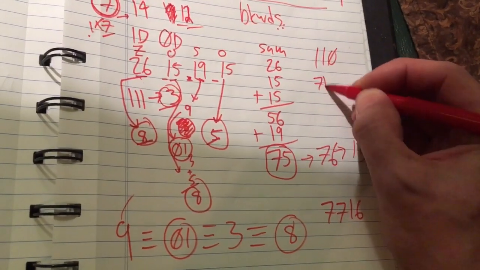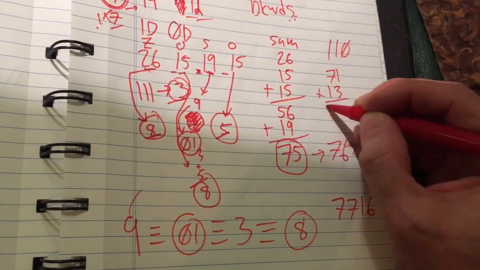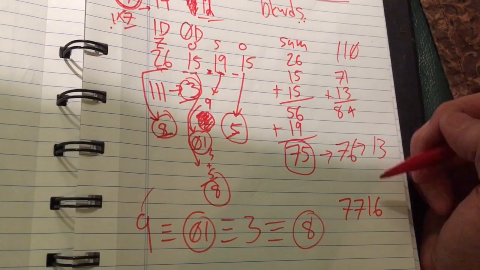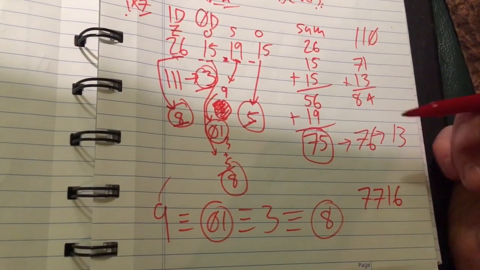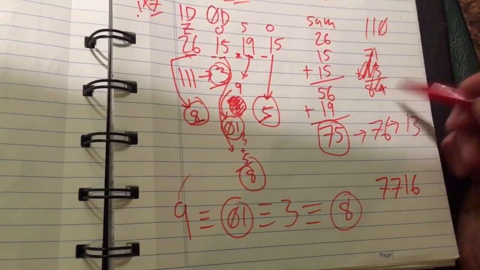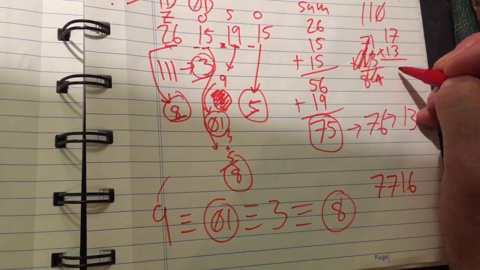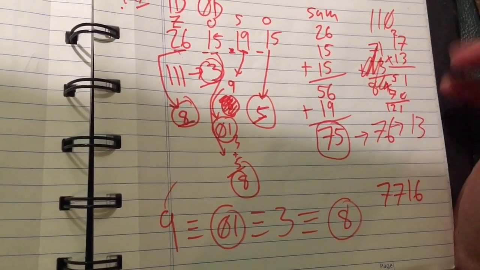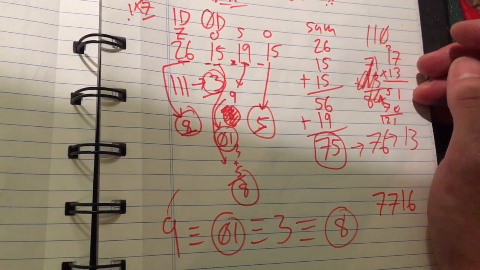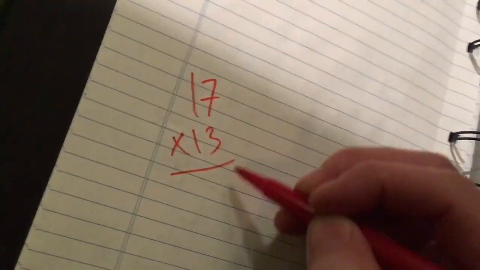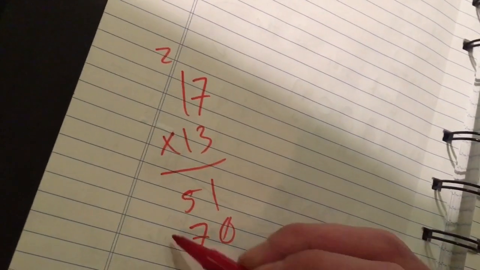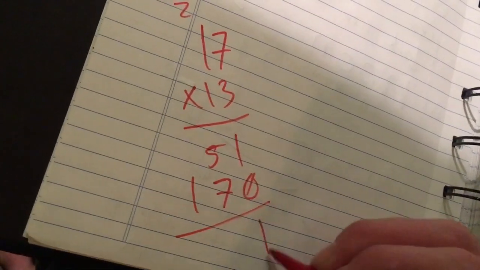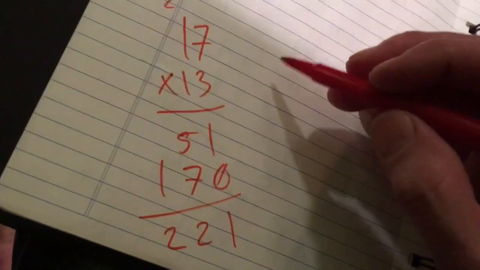I don't know, maybe it's like, what's 17 times 13? 121. I'm an idiot. Sorry. This is too small. 221. Okay, well,